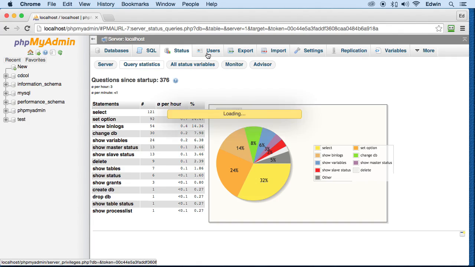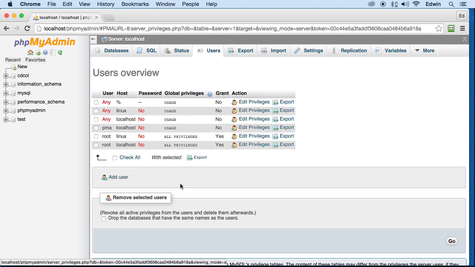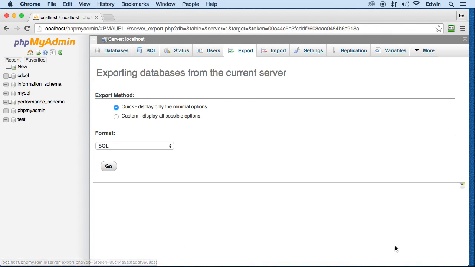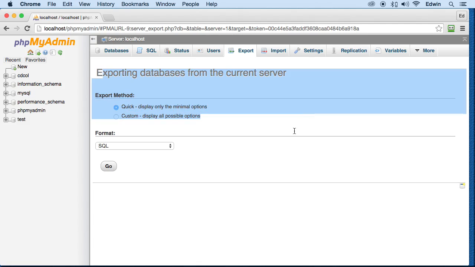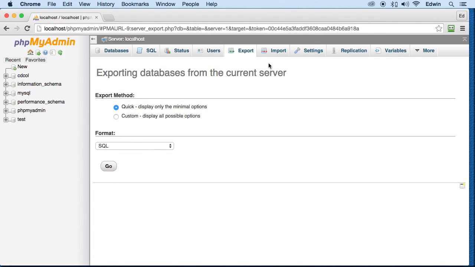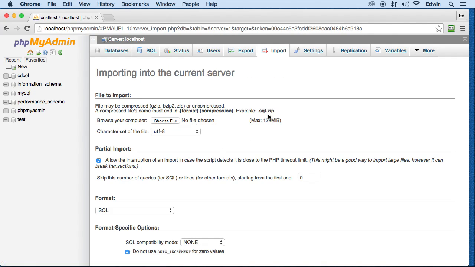All right. So here you can check the users of the databases. It's going to have some default users with all privileges. We can also export databases here. Just in case you have a database, you can export it right here. When you select your database, you can go to export and it's going to select that database automatically. It's going to tell you we are exporting this database. You click, and you get the file in .sql format, and then you can import it